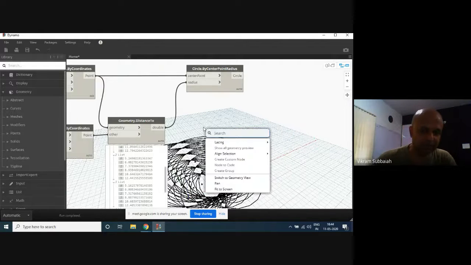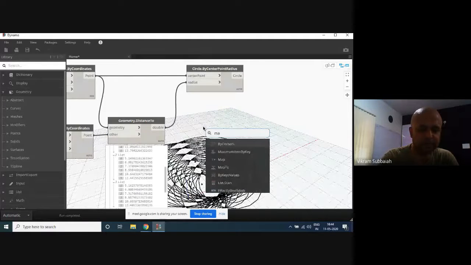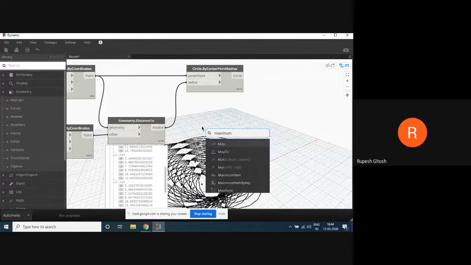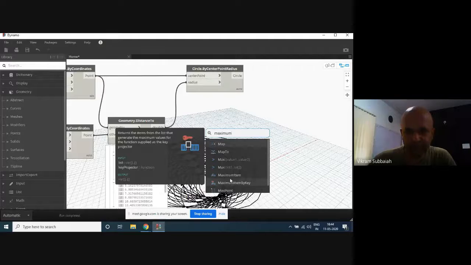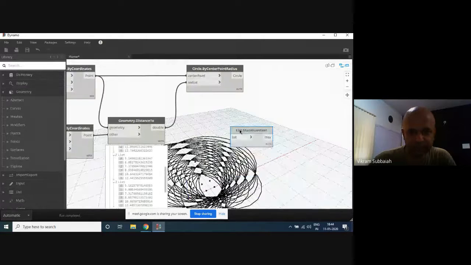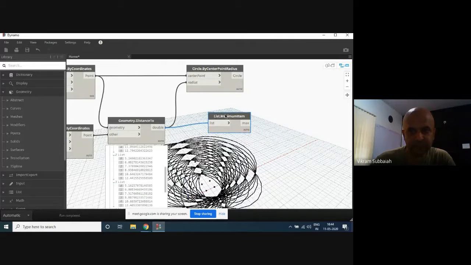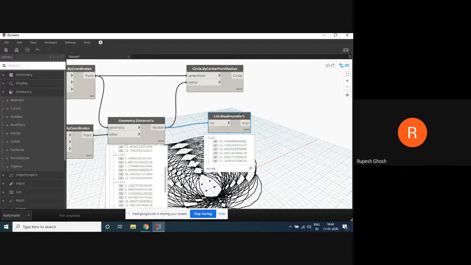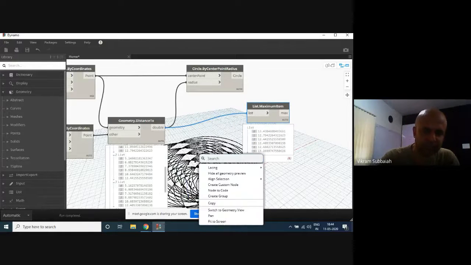If you want to use the divide option, what do we do first? First, we'll have to get the maximum value, right? Yeah. So first you get the maximum item. But if I say maximum item just like that, I'm not going to get it. If I say maximum item like this, then I will get the maximum item in each of these lists. But that's not what I want. I just want the maximum item in everything.